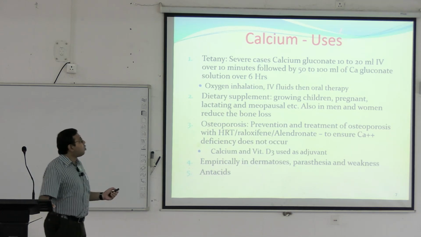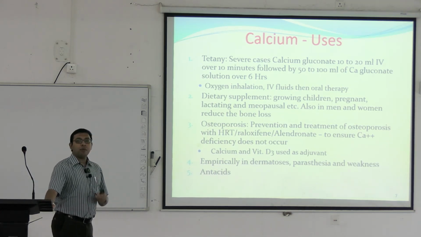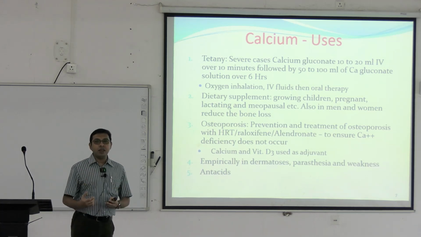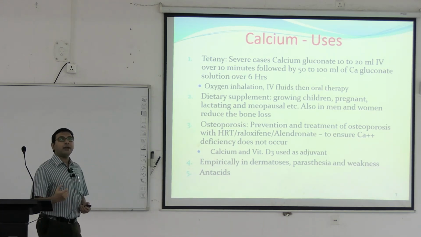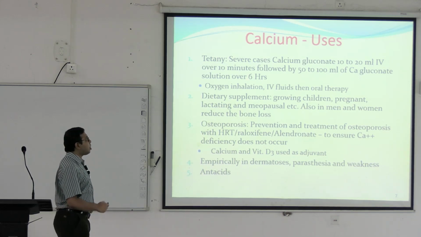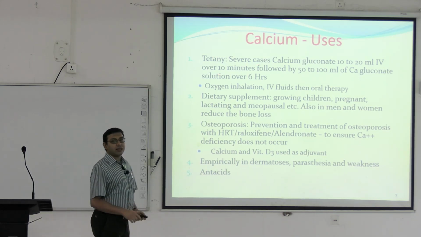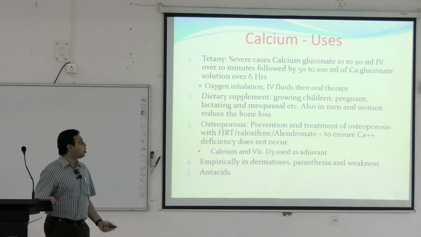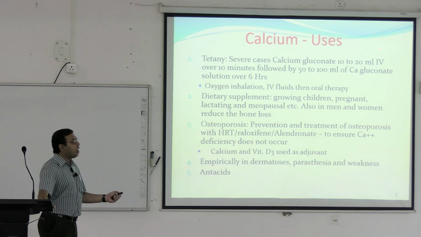Where it can be used, calcium tetany. Already we have said when there is hypocalcemia, that is the calcium level severely decreased, that leads to involuntary spasm of the muscles. This is known as the tetany. In severe cases, we have to give calcium gluconate injectables. Calcium gluconate IV 10 to 20 ml over 10 minutes and it is followed by infusion of the calcium gluconate